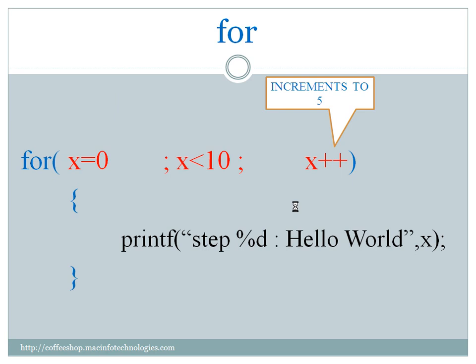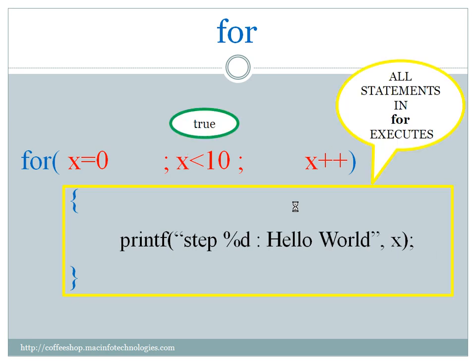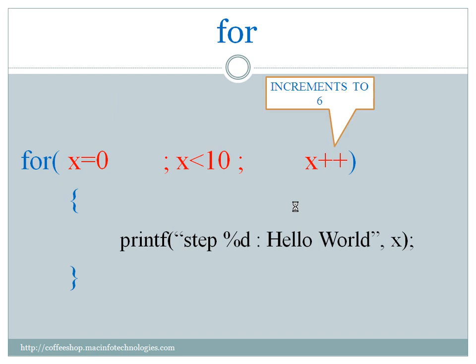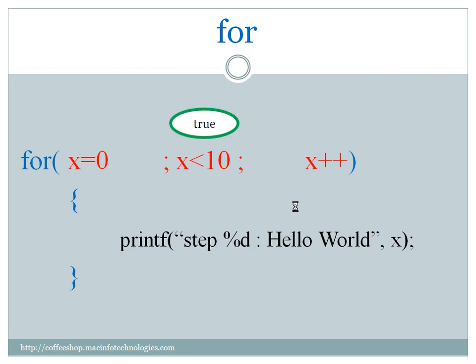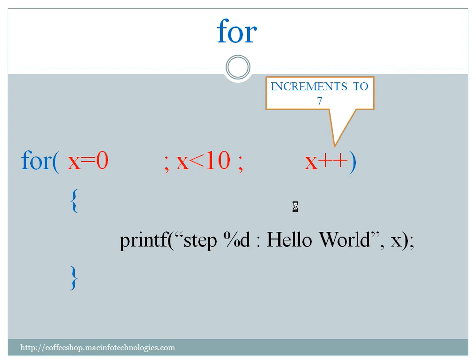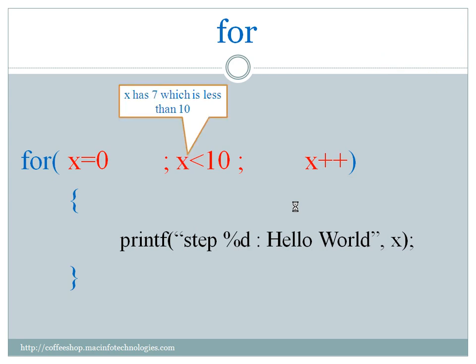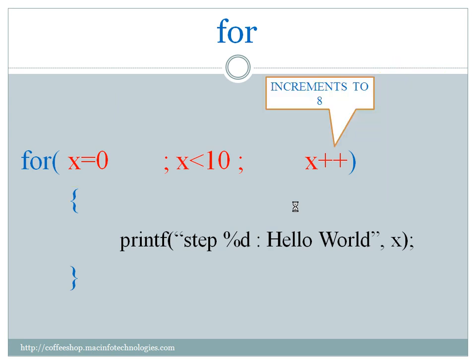So now the value of x is incrementing to 5. 5 less than 10 is true. Again the statements execute and again it goes to the increment statement. x becomes 6. 6 less than 10 is true and all the statements get executed, and again it increments to 7. 7 less than 10 is true and it executes all the statements inside the for block